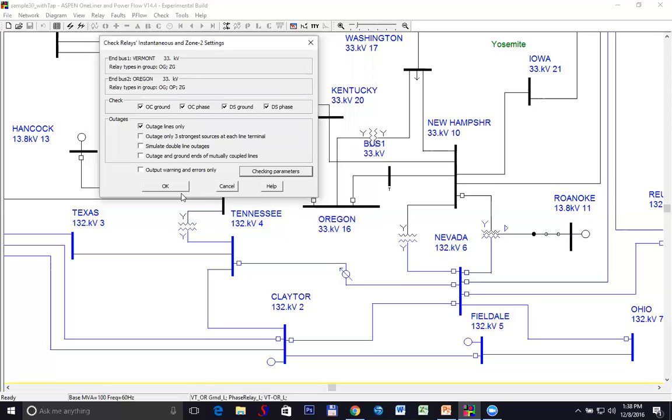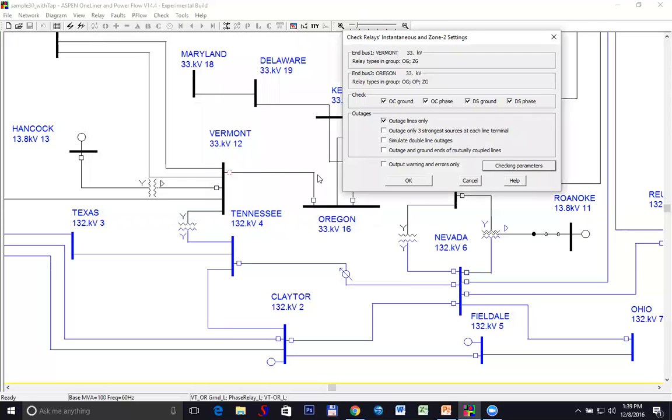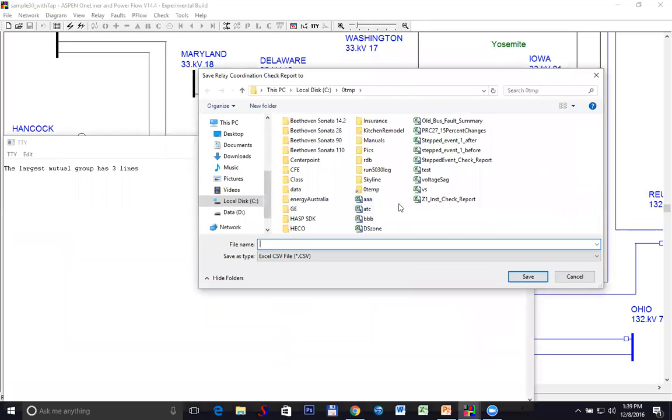So I'm going to just go ahead and press this button, and it will check the relay settings, both overcurrent and distance, on this line. First it will do this relay group, and then it will do this relay group. Okay, and the first thing, the program asked me the name of a file where it can store the output. The program now outputs everything in the CSV format, which I think is the easiest for people to programmatically parse and look for problems and so on.